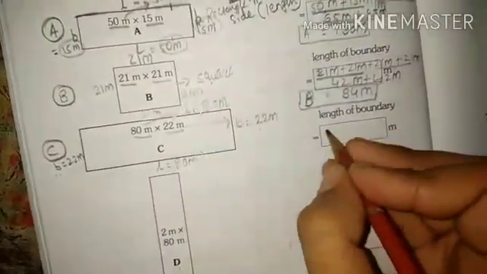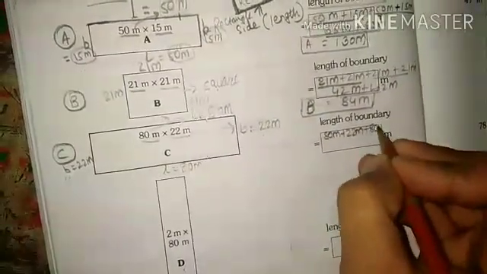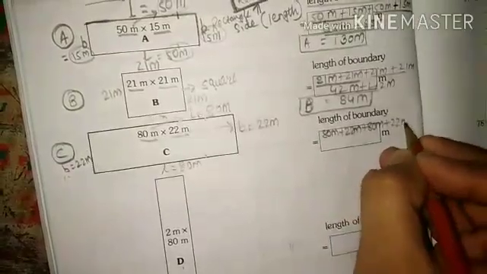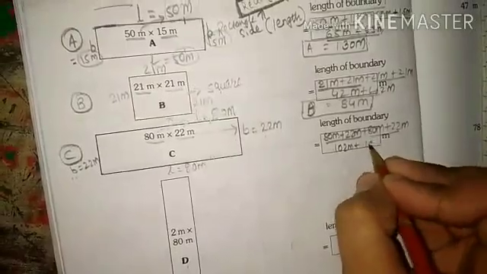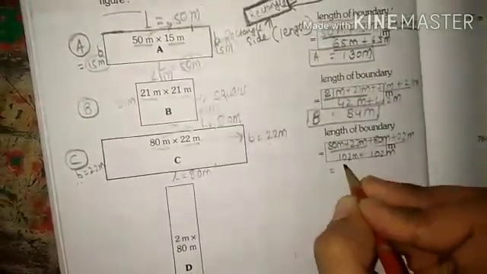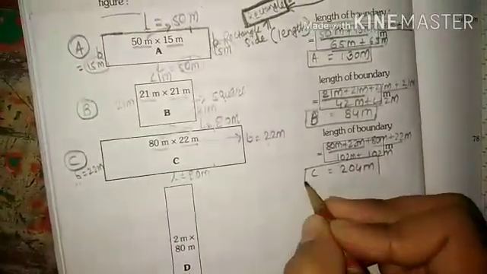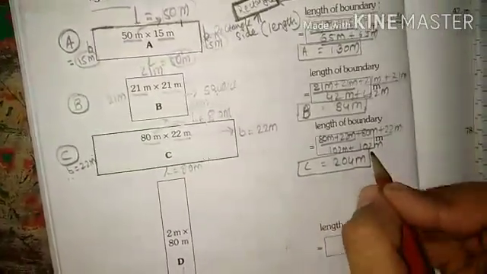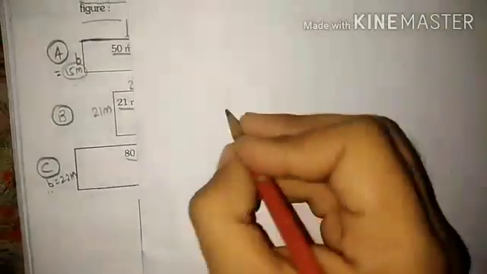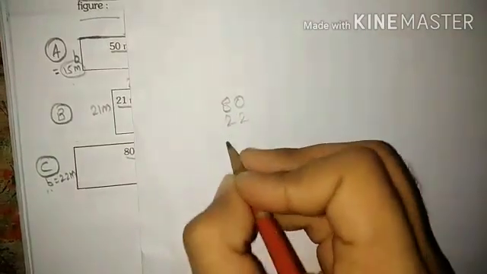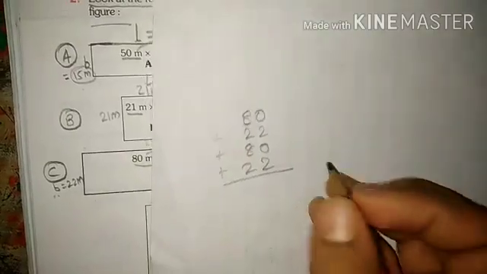Now let us write all the figures in the box. 80 meter plus 22 meter plus 80 meter plus 22 meter. So 80 plus 22 is 102 meter, plus 80 plus 22 is 102 meter, and 102 and 102 is 204 meter, students. I am doing it orally here, students, but when you are doing the addition, don't copy from here. Take a rough sheet of paper and add it like this: 80, 22, 80 and 22. You all know addition because you have learnt it in the previous classes.